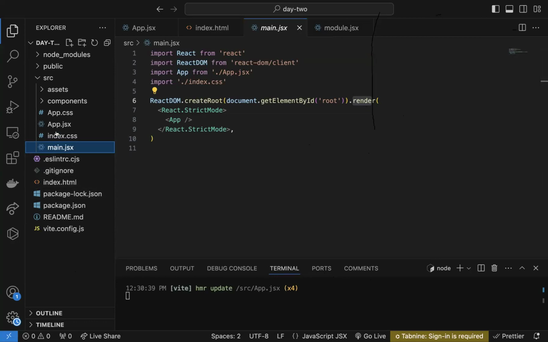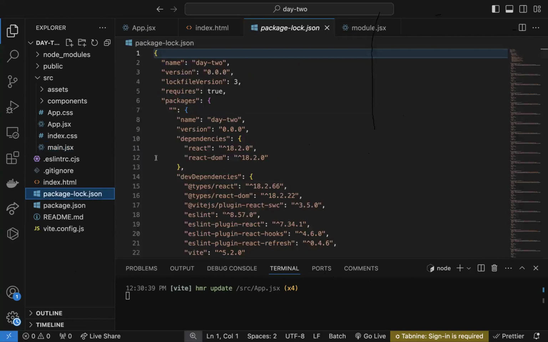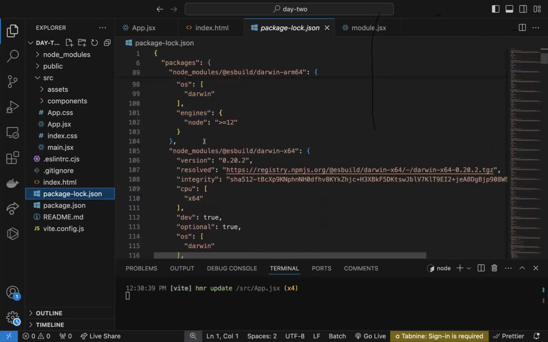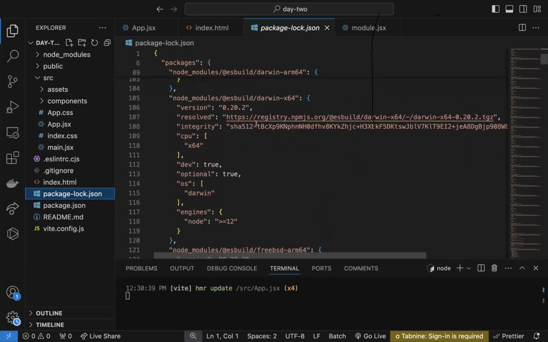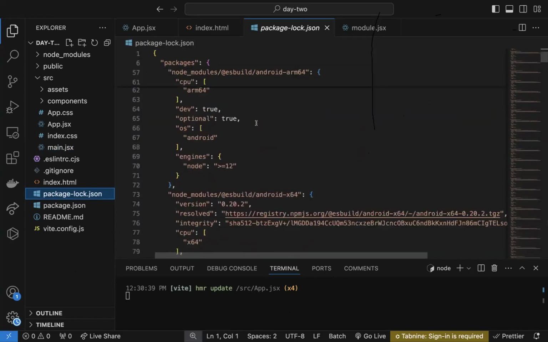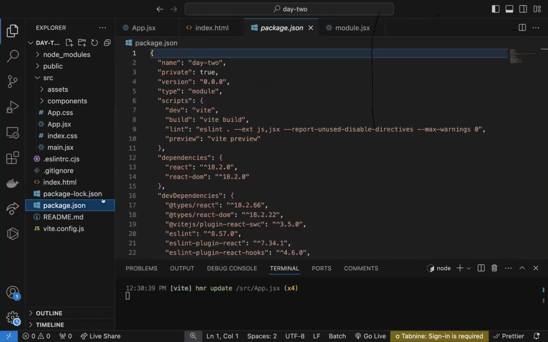Okay. So we have the package-lock. This package-lock is like everything that is installed in the node modules. This is where you can look through everything that is installed in the node modules. Then for package.json, this is where you see the actual packages that you are using in the application. You can see the scripts that you are using to run the application. So this dev now, let's assume you want to,